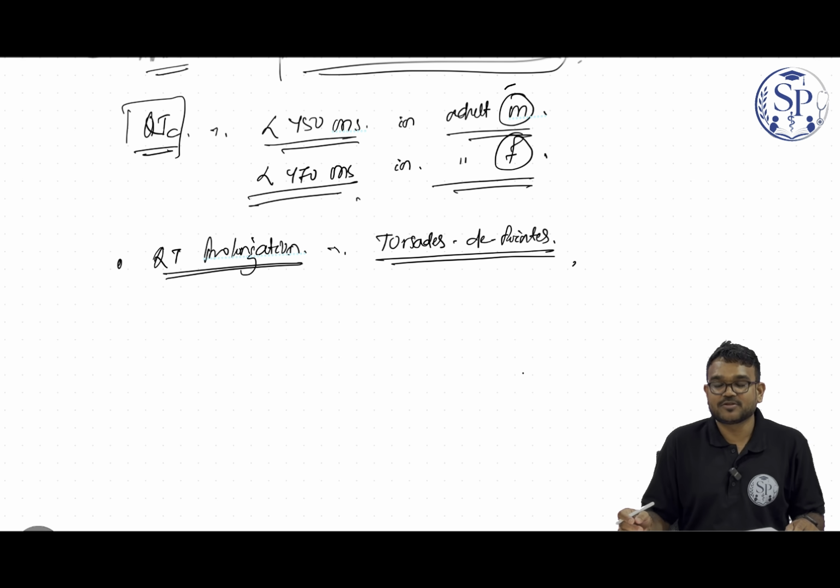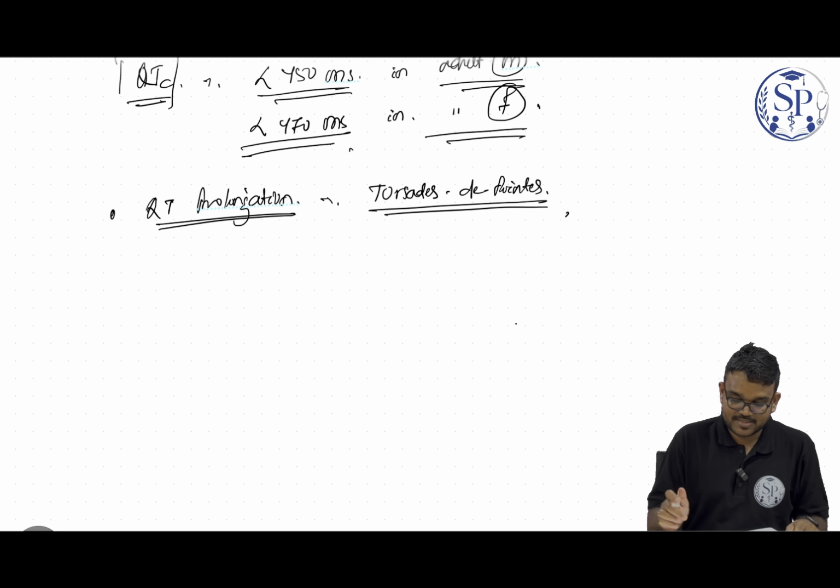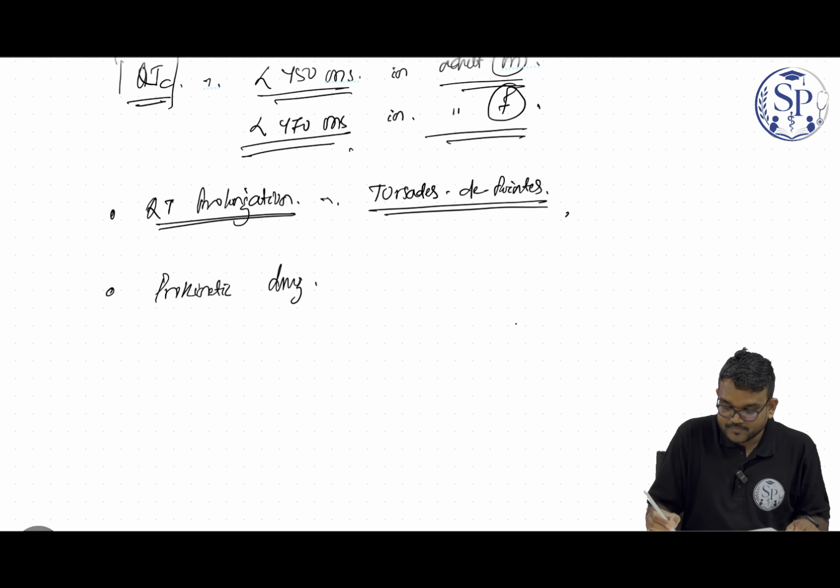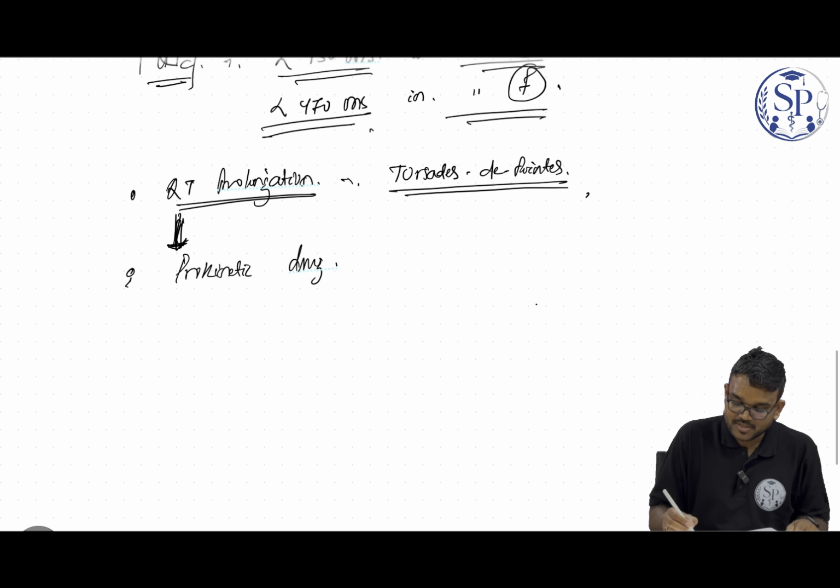QT prolongation is otherwise known as torsades de pointes. There are different drugs that cause QT prolongation. One is prokinetic drugs like cisapride,